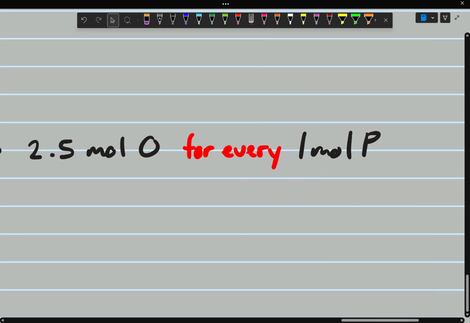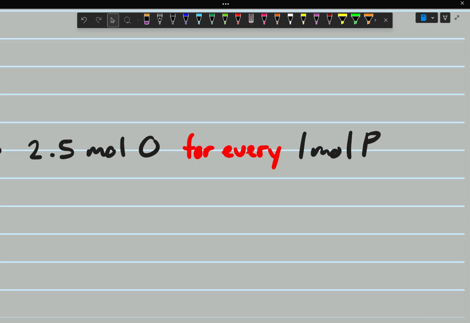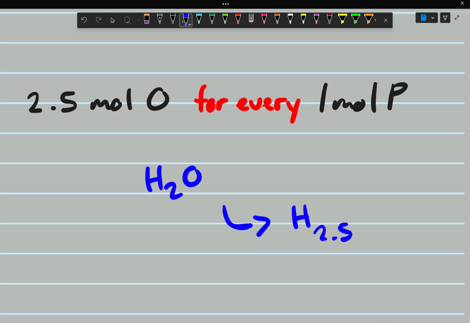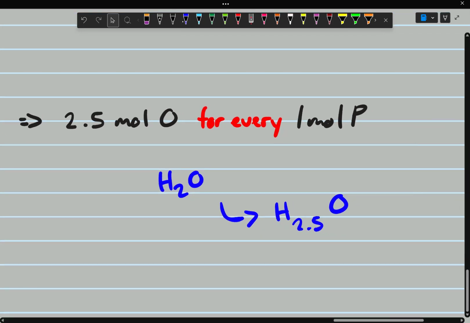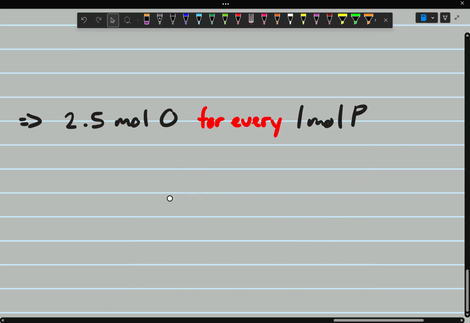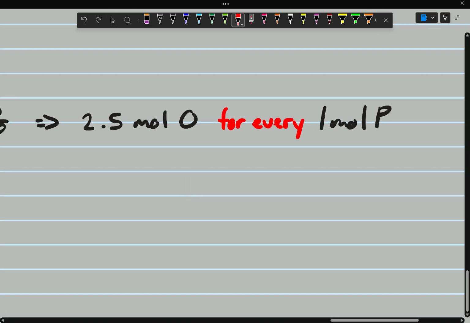Now, of course, you can't have 2.5. You can't have a decimal amount of moles in an empirical formula. That would look ridiculous. I mean, think about it. You can't have H2.5O, that doesn't make any sense. So you have to deal with whole numbers only. You can't have decimals. So we can get around this by just multiplying